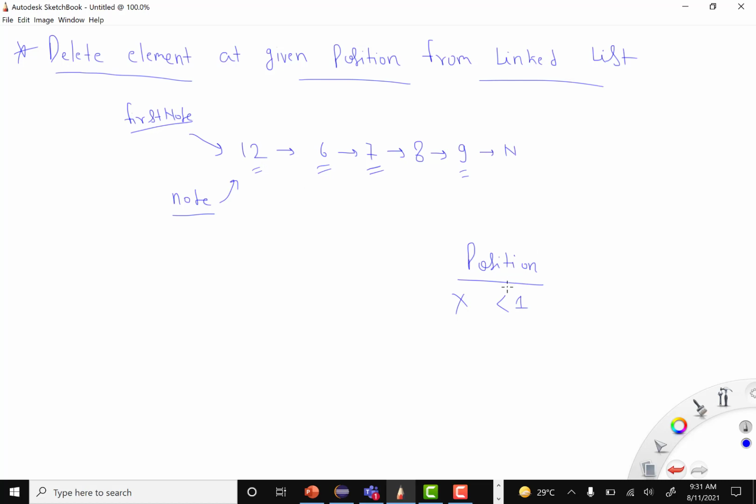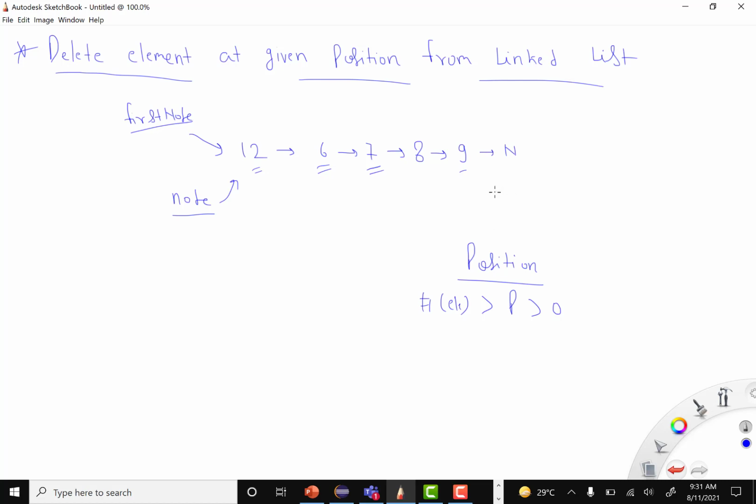So position should always be greater than 0, because it starts from 1, and it should be less than or equal to the number of elements. We have to take care when iterating that if the position is greater than that, then we can just say the position is not valid.